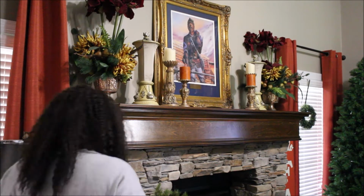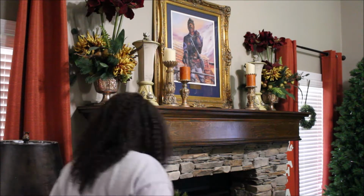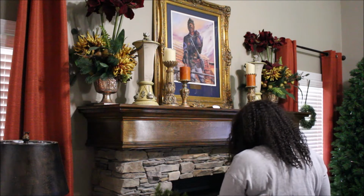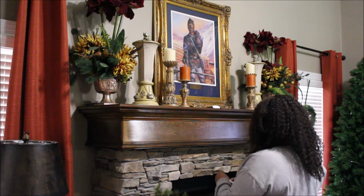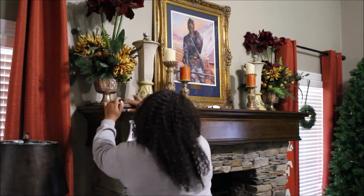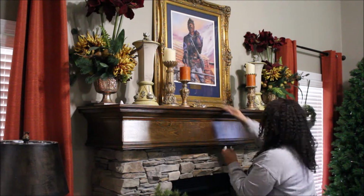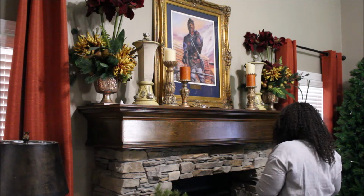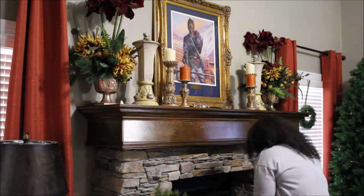Hey everybody, so today we're going to be doing Christmas tree number 2, which is the Christmas tree that's in the family room. And I'm also going to do the fireplace, well, not complete the fireplace mantle, but I'm just going to add the garland to it. And as you see here, I'm adding the command hooks because that's how I usually hang or secure the garland